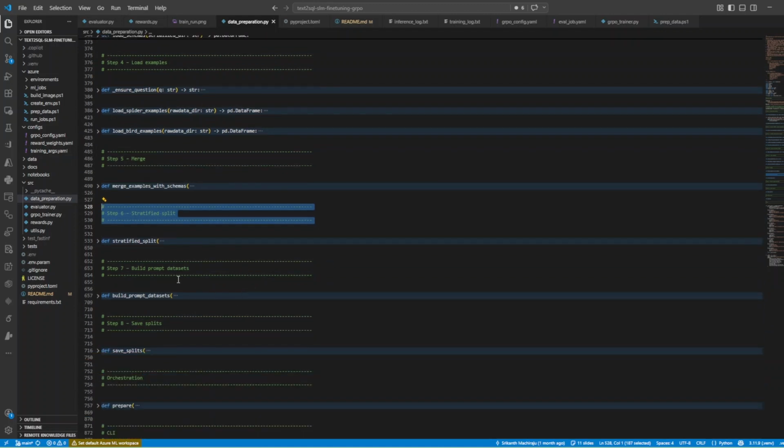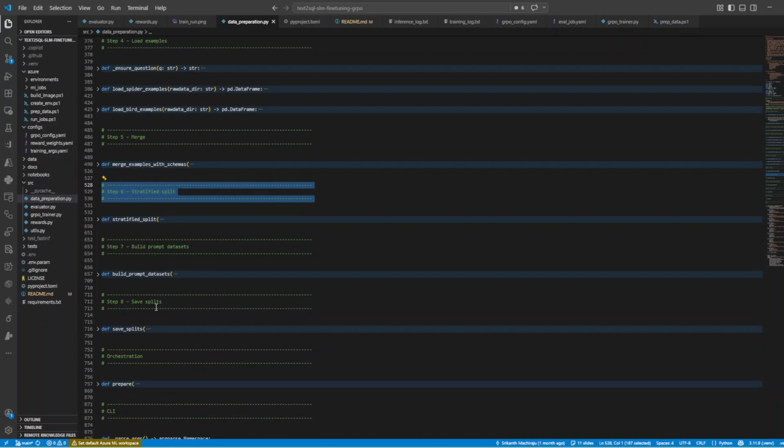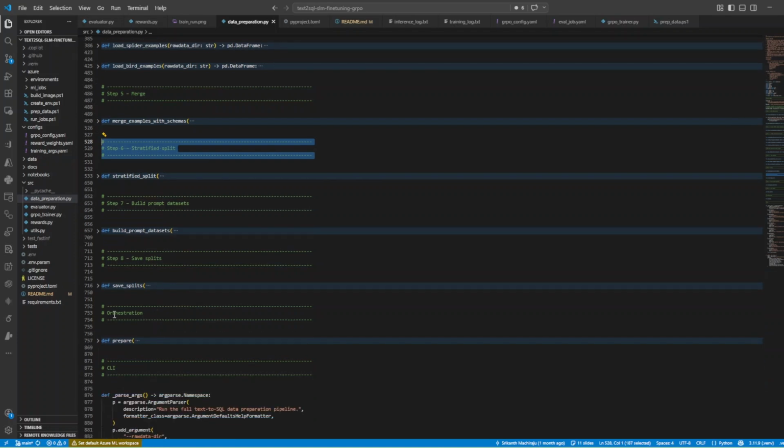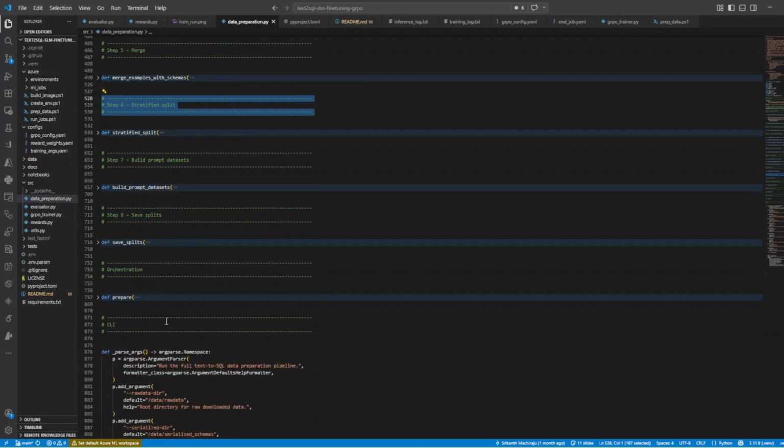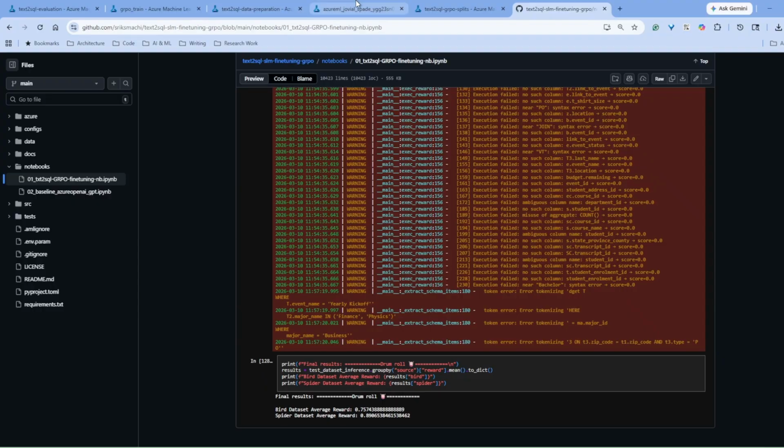And then we build the prompt datasets, and we basically generate a prompt using the SQL, the user query, and the system prompt, and then we save those splits as the train, test, and validation datasets. Now, at the end of this whole exercise, you will see